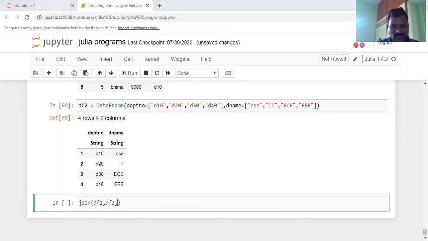Based on what you are joining here? On equal to colon, on equal to colon department number. You require a common field. What is the common field in this case? On department number. Based on the department number you are joining the two tables.